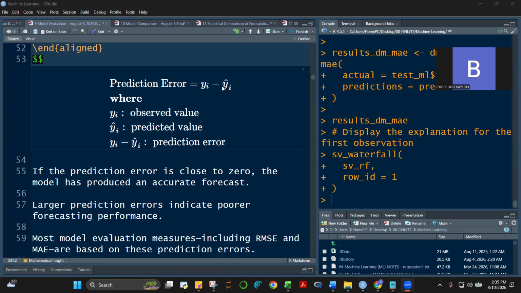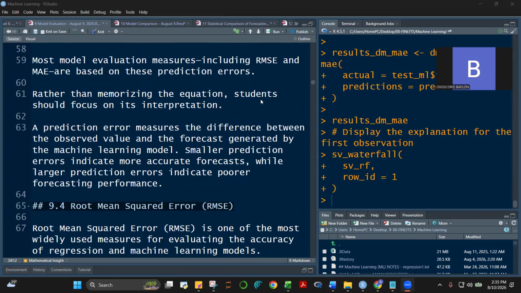We created the model, whether it's the decision tree or random forest or extreme gradient boost, using the training data set. And then once we have created the model, we predict using the testing data set, and that's where we compute our prediction error. So we have the test data set, the actual data set, minus the predicted data set. That's our prediction error.